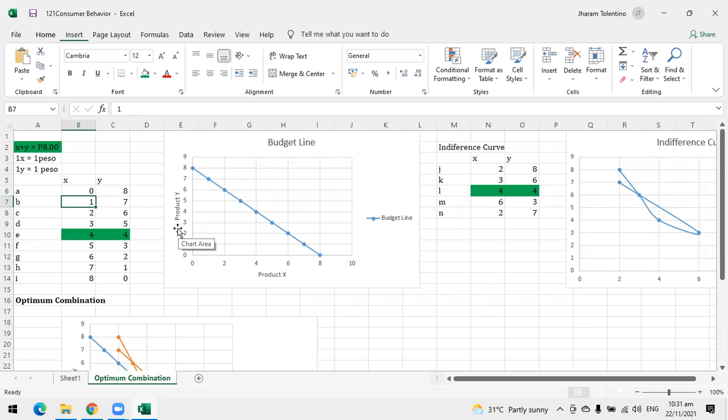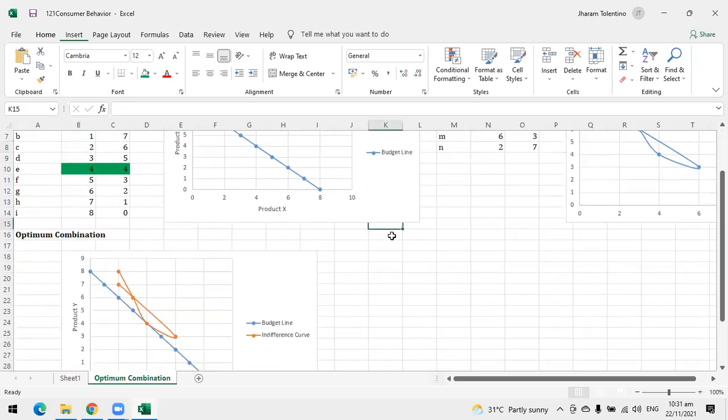Okay na? Pansinin mo ulit. From 7, naging 6. Ilan yung sinacrifice kong product Y? Isa. Para madagdagan lang ako ng product X na isa ulit. Nakuha po. Kaya yung marginal rate of substitution natin is 1:1. So, ang tatandaan mo lang, MRS, or marginal rate of substitution, that is changes in